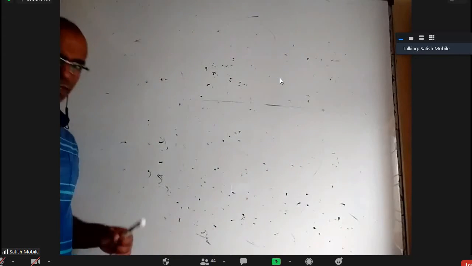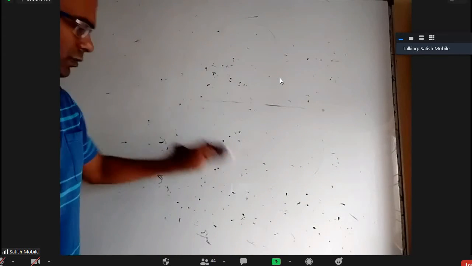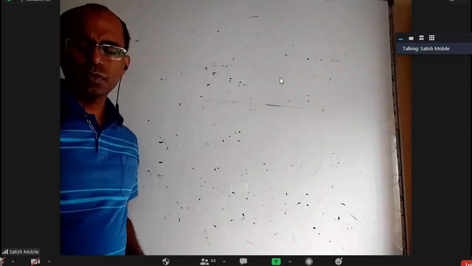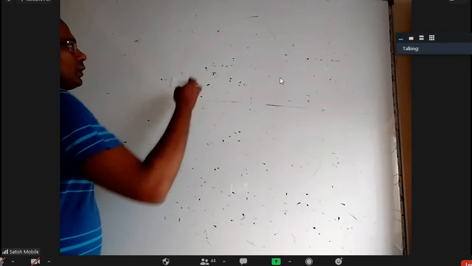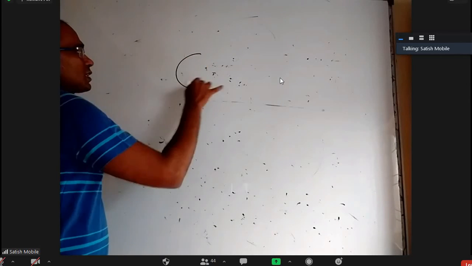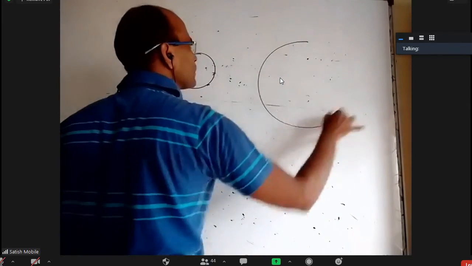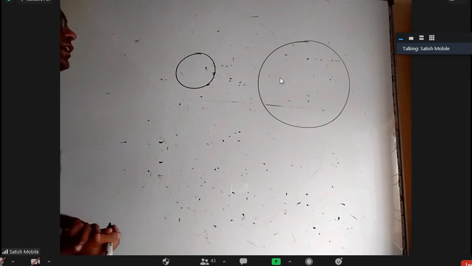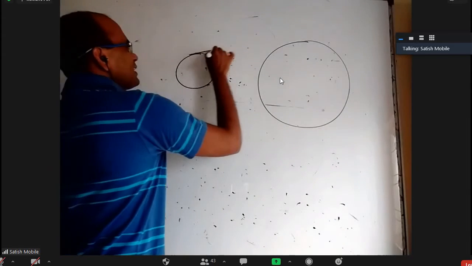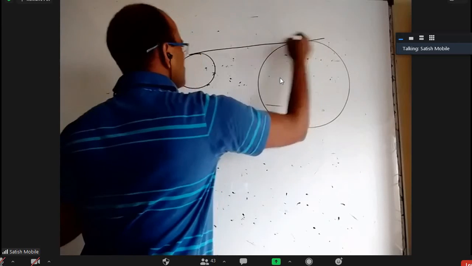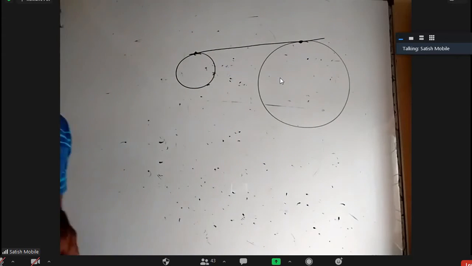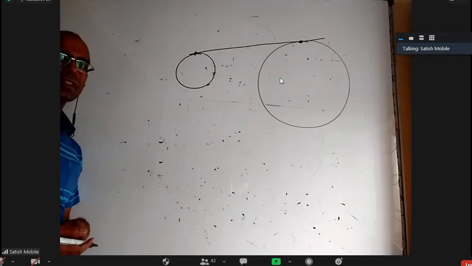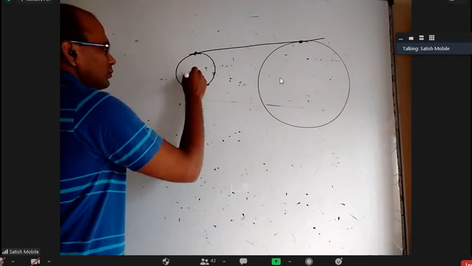Okay, one or two things which are not there in IP, but useful for mains and advanced. In some questions maybe, but it is something from pure geometry learned at school level. What is that? If two circles are there, they can be intersecting or completely separate. They can be touching, it doesn't matter. If there is a direct common tangent touching both of them, how to find the length of the direct common tangent?